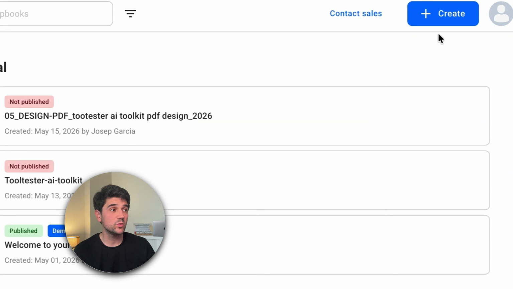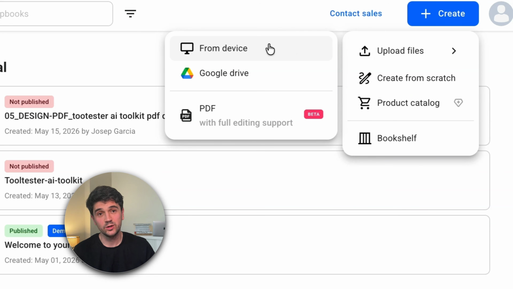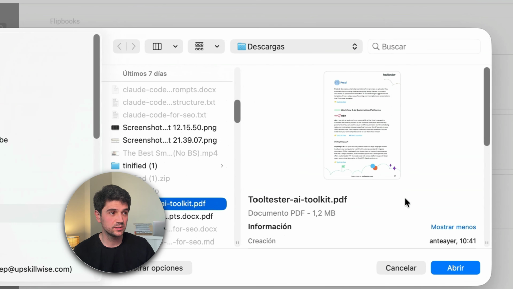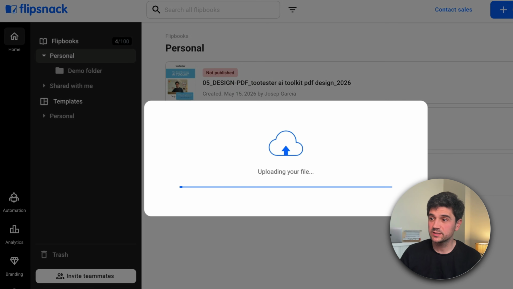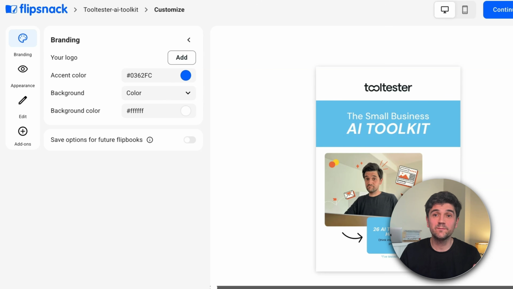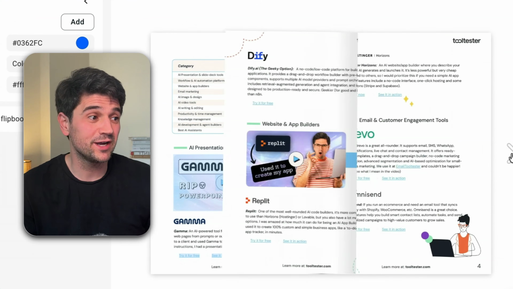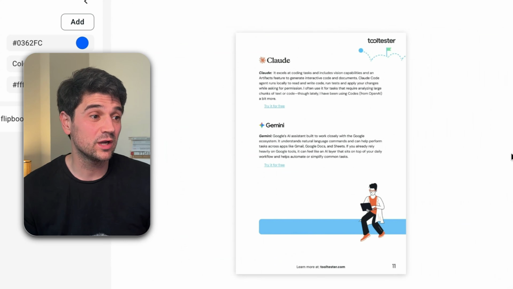Back in Flipsnack, we upload a file. It's in my computer, so I just need now to select the PDF. It's this one, there you go. We upload it. And in a couple of minutes, Flipsnack converted this into a flipbook. Let's check it out. As you can see, it looks pretty alright already, and I would only do a couple of changes. But before we edit anything, let me please show you how to convert this into a lead generation